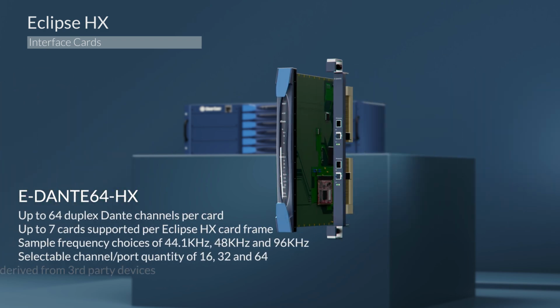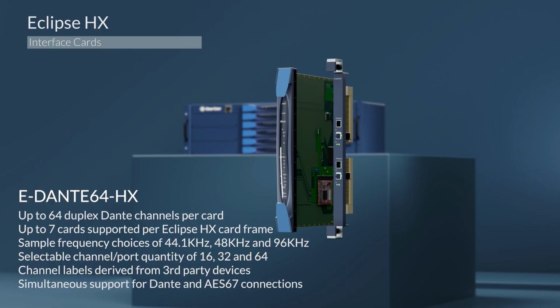Next up is the E-Dante. Up to 64 duplex Dante channels per card with simultaneous support for Dante and AES67 connections. And when partnered with Dante Domain Manager, the card supports SMPTE 2110-30 and AES67 connections to and from third-party devices. The 64-channel high-density connection is ideal for local linking up to 64 connections or conferences between adjacent systems using